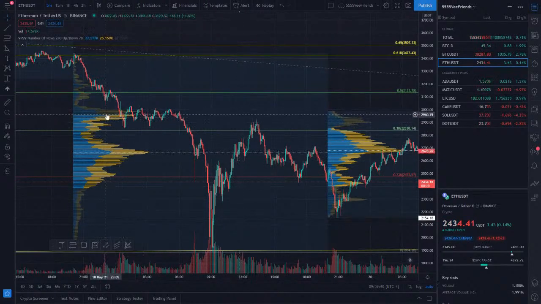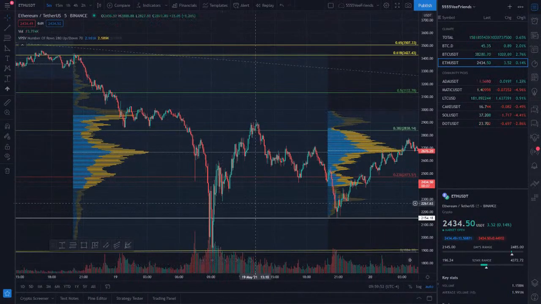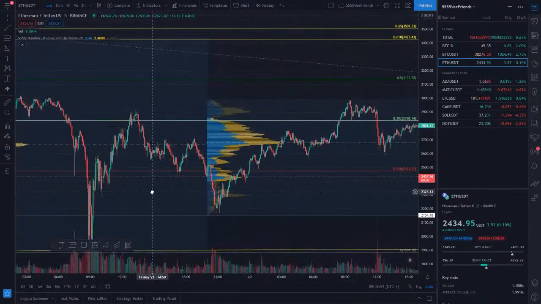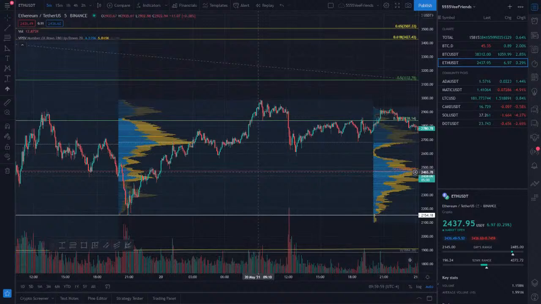And then you can also look here, and again, being very visual, this is obviously the point of control for the day, but the second point of control for the day, and this is kind of an arbitrary thing, there was a lot of volume over here in this area. This was that volume that took it down, right? But this is the volume that was bringing it back to where it's going to be the next day. The point of control is here.